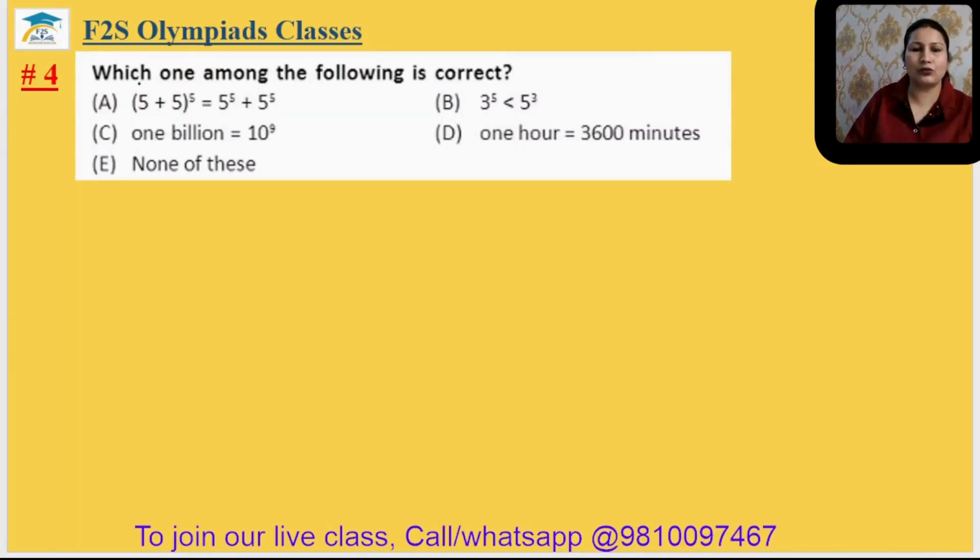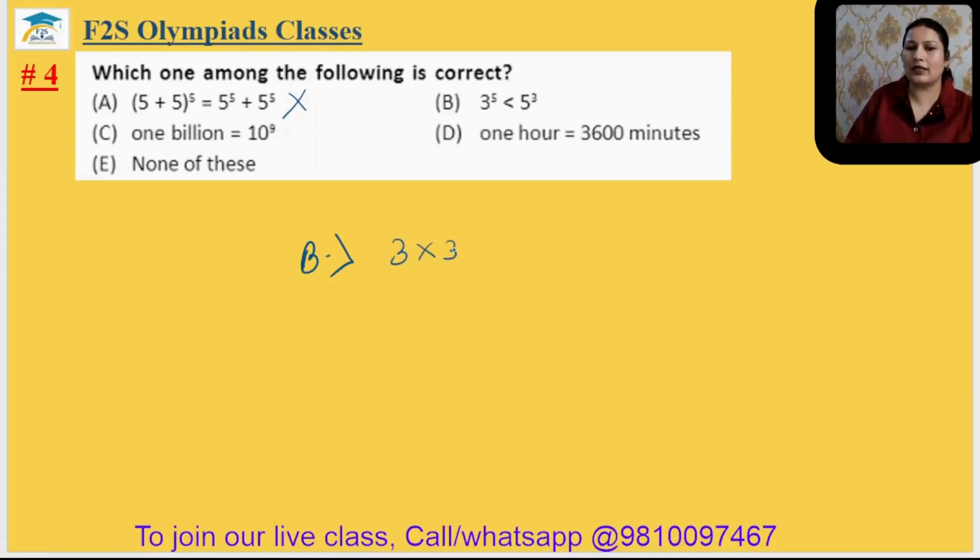Come to the question number 4. Which one among the following is correct? So 5 plus 5 to the power 5 equal to 5 to the power 5 plus 5 to the power 5. No, it cannot be possible. If it is here, it will be multiplication, then it will be possible. But it is not possible. Wrong. 3 to the power 5 is less than 5 to the power 3. You can check